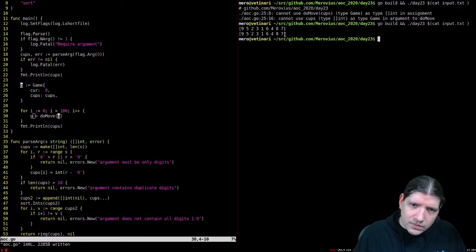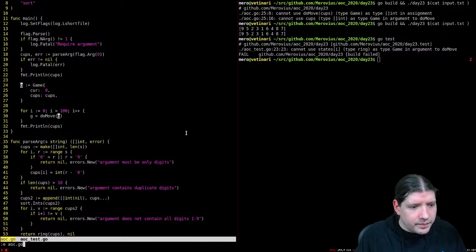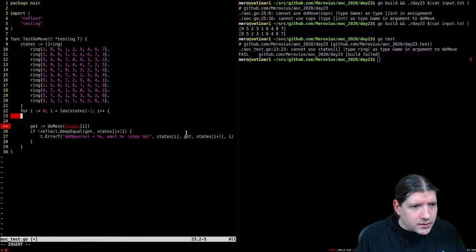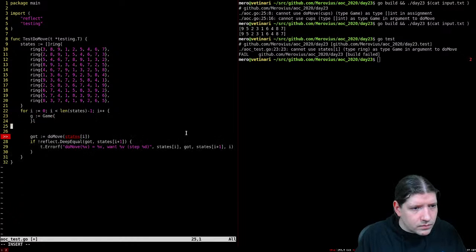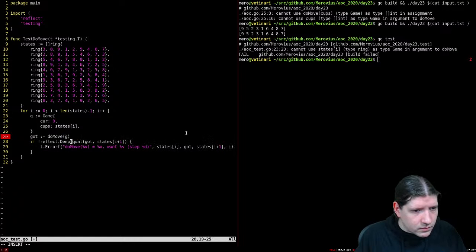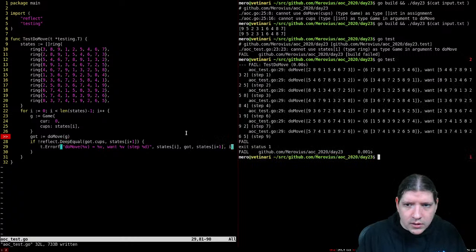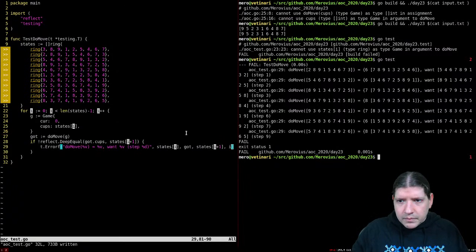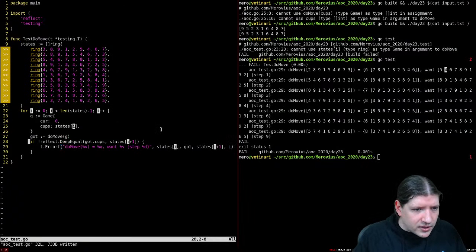This is concerning, that nothing changed. Right. Cups, states I. Let's start with this. States I, got states I plus 1 I. Okay. Yeah, now this isn't reflect equal anymore. And this should be